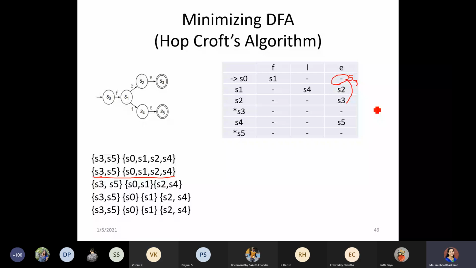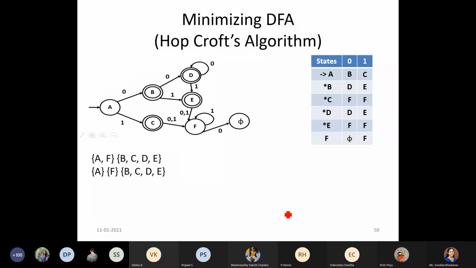Say in this example, somewhere we had taken one call like this. See A and F. With B, with respect to zero transition, we reach A and F. These two cases we are taking. So B and null, we can't take a decision as such. So we see with respect to transition 1, which is C and F. C is in one group, F is in another group. So we have to split. That's the reason why we had split here.